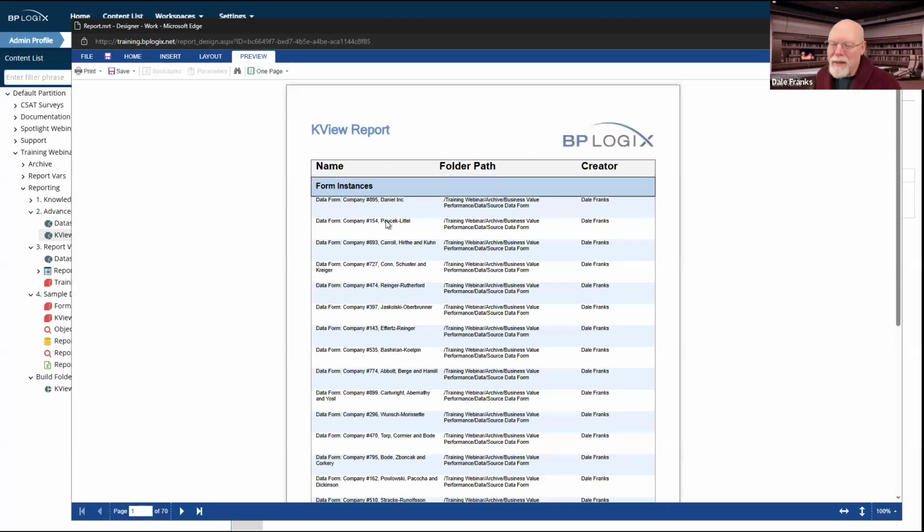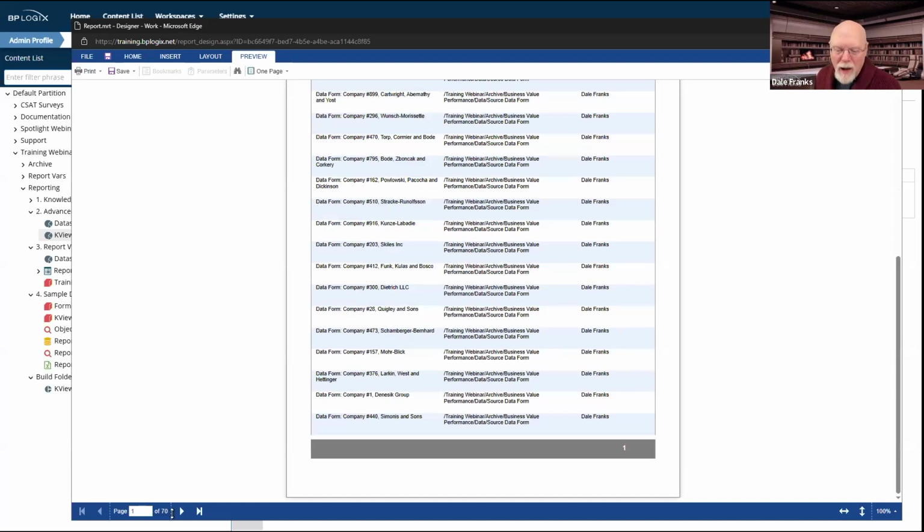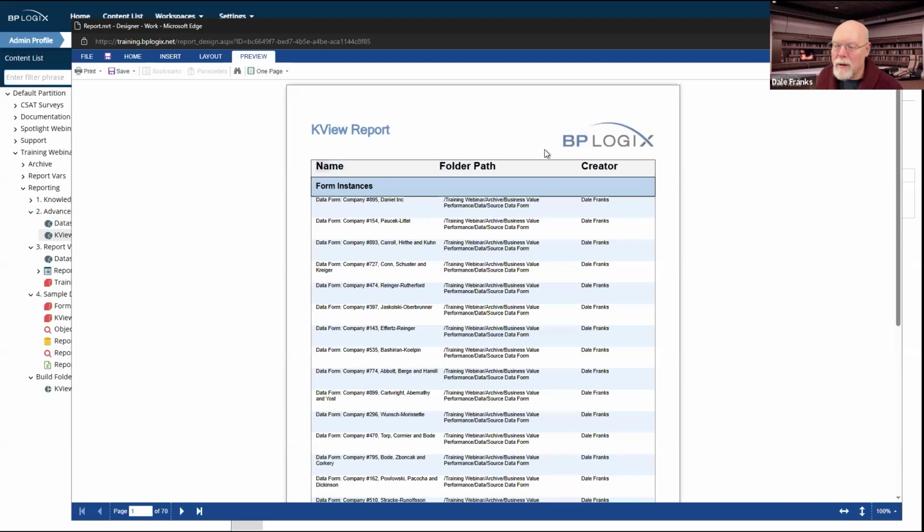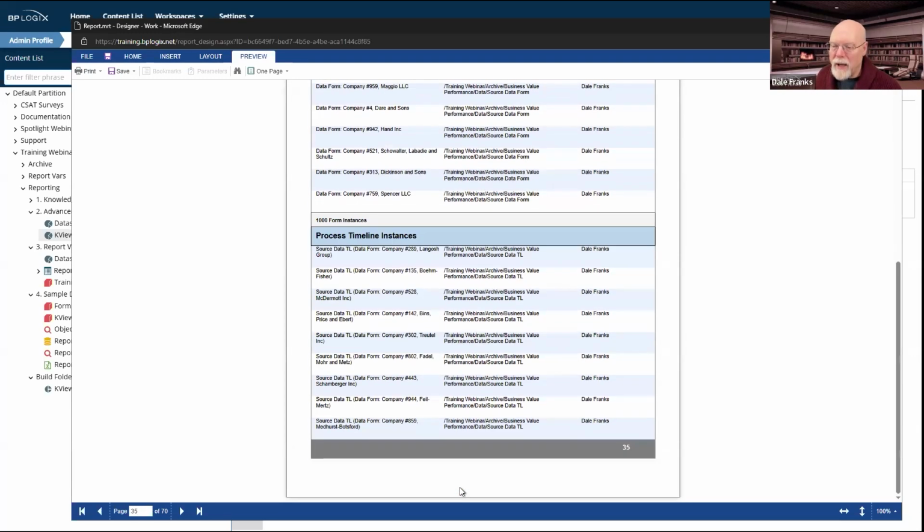So there we go. If we go down to page 35 again, we see our header, our group header, and then we'll go to 35. And on page 35, we see our group footer, 1,000 form instances. We now see our next group header for our process timeline instances.